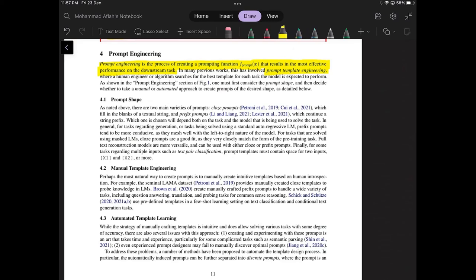So the prompt shape, as noted above, there are two main varieties of prompt. You have cloze prompts, which are fill in the blanks of textual strings, and prefix prompts, which continue a string prefix. Which one is chosen will depend both on the task and the model that is being used to solve the task, right? So, for instance, if you want to train the model on fill in the blank type tasks, then you of course use cloze prompts. In general, for tasks regarding generation or tasks being solved using standard autoregressive language models, prefix prompts tend to be more conducive,